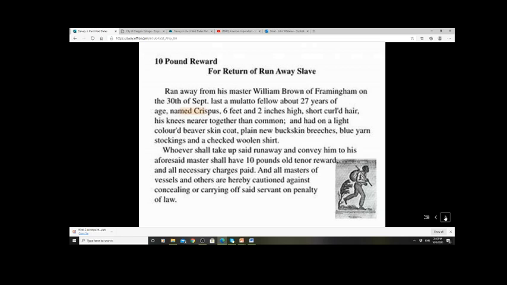This is going back to the 18th century, this is an 18th century runaway, hence why the money is very different, £10. We're not dealing in dollars, this is still when slaves were part of the British Empire. But I thought it was worth pointing out the name of this slave, Crispus Attucks, most likely, who ran away from his master William Brown, and he makes it all the way to Boston, where he becomes a seaman. He actually tries to catch whales,